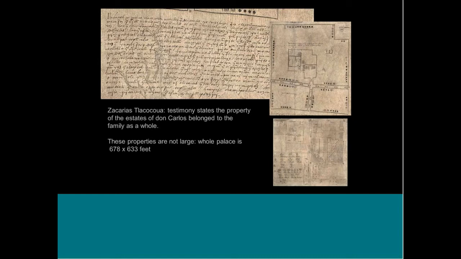So really what we're looking at is a pseudo-legal document that is attempting to show the history of a particular group of parcels of land that Don Carlos is associated with. As we go through, there'll be this continual buildup of the various kinds of properties that Don Carlos is associated with. And the map itself is really an amazing primary source for getting a handle on